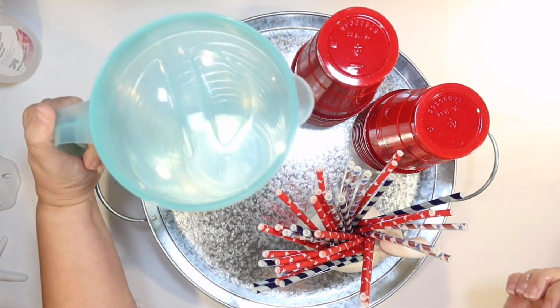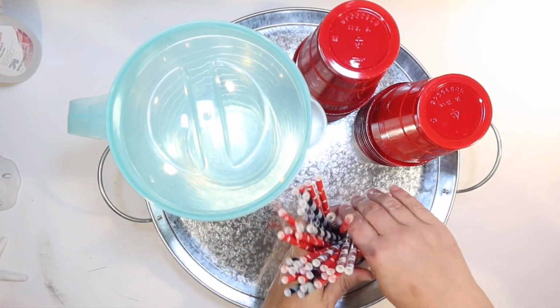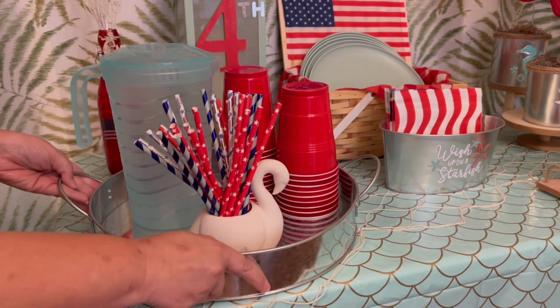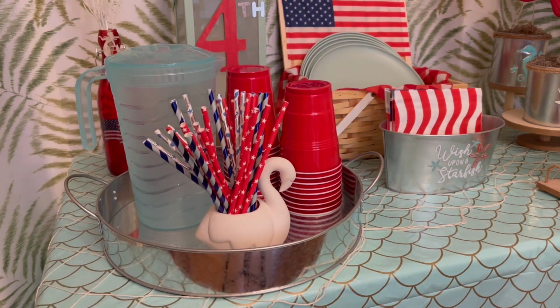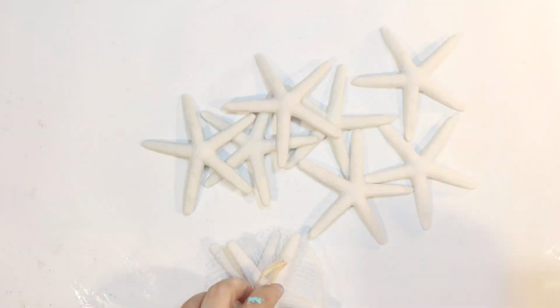And then I picked up a light blue little pitcher that we can use on that beverage tray from the Dollar Tree, and the color is perfect. And kind of sit that over here on this side of the table. So we have cups, plates, silverware,